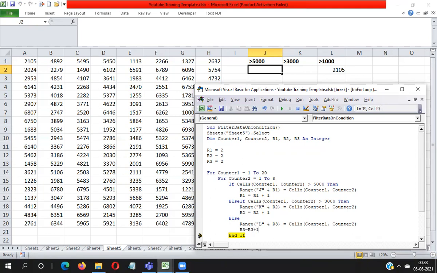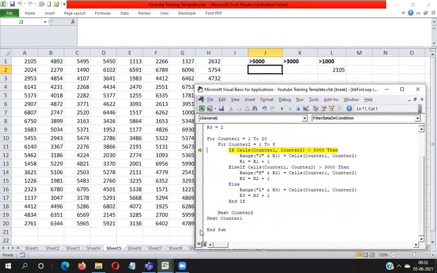After that I have to move our code one line up, then increase. Now I'm running again. The second value is falling within this condition, so the next value you will get here. You can see the third value is more than 5,000. The fourth value is here. How am I getting downside? Because my R value is increasing. Now the R value is fourth, so the next value you will get in row number 4. Press F5 to get all the values.